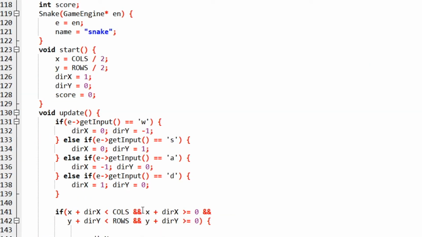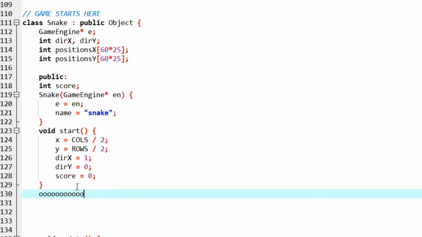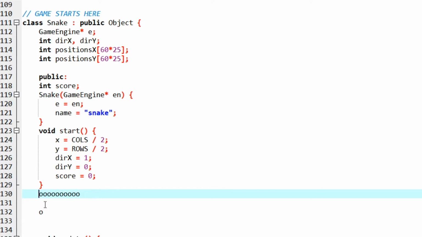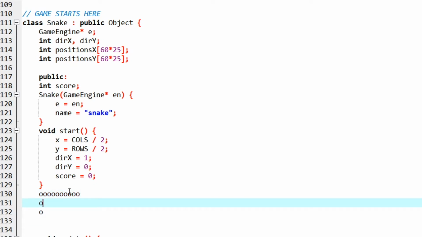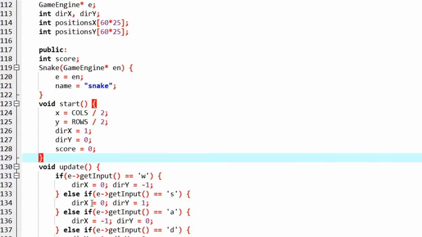So we want to shift each of the snake's positions by 1 on every update. Like if the snake moves forward, we want everything to shift in this array by 1 position ahead, so that the last position is left empty. Let's say this is my snake, this is its head. On every move, this piece right here should move here, and this piece right here should move here, and so on. Every piece should move 1 position ahead, so that this empty space goes at the very end, it goes here. When this empty position goes here, we will assume that the snake has moved 1 position ahead. So let's implement that.